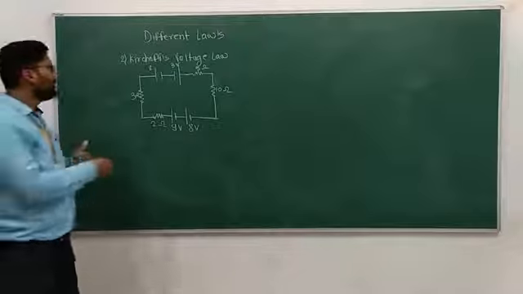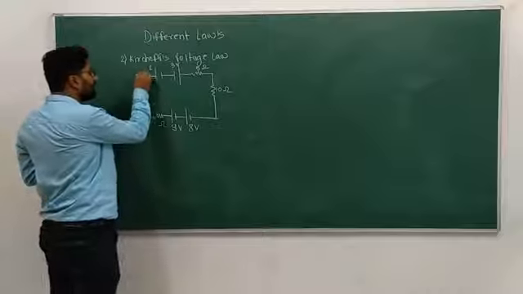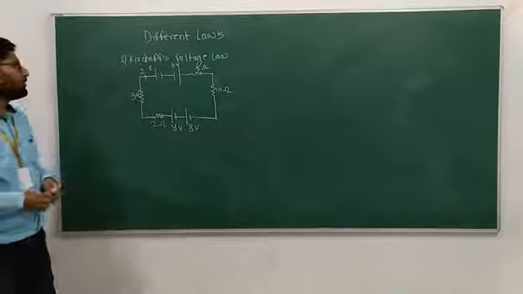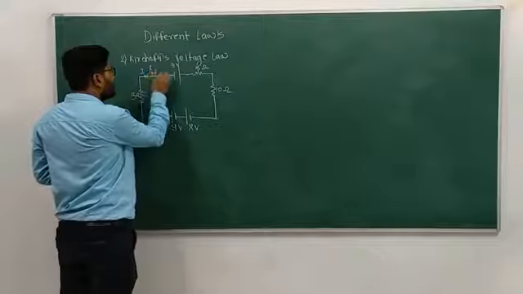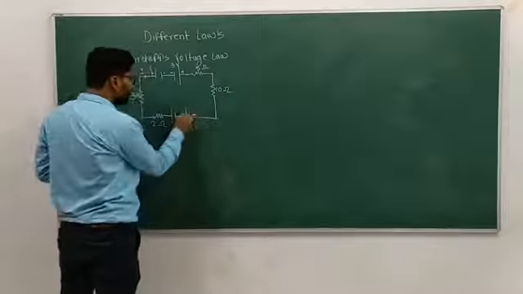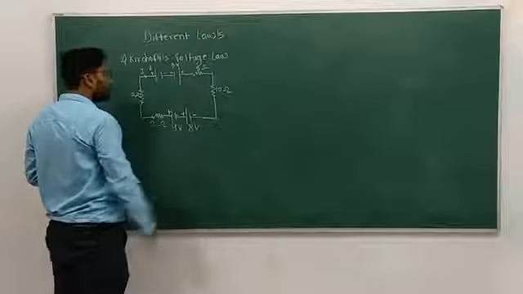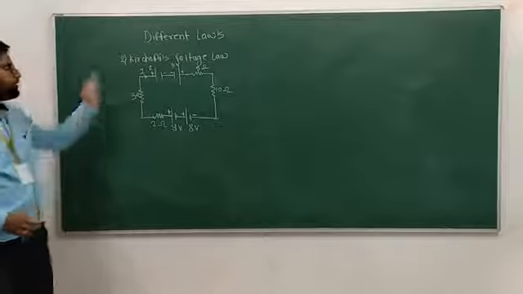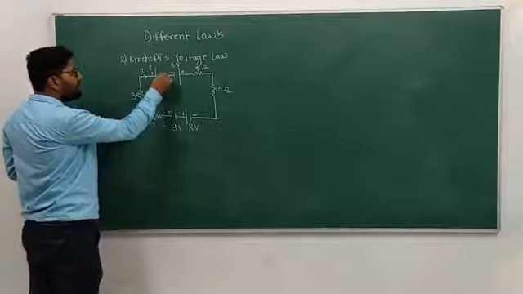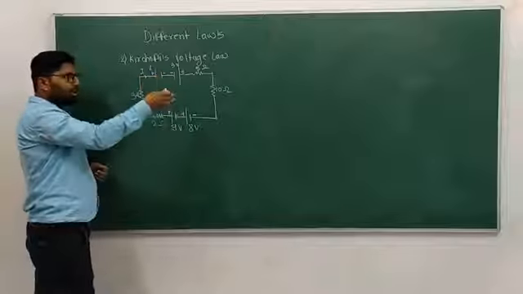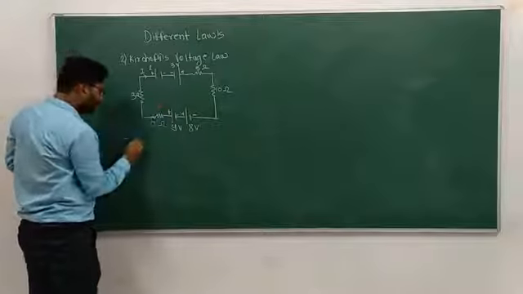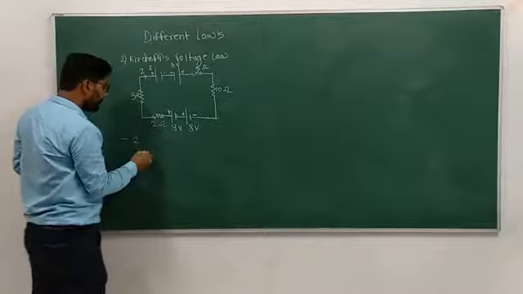So first of all, there is only one loop. So I will say this is current I flowing in your loop. First of all, we see this is a plus, minus, plus. We have to denote this minus, plus. So by using Kirchhoff's voltage law, first of all, we start from here. Okay. So this is a minus. Next terminal we have to see that is minus. How many voltage is there? 2 volt. Then plus 3 volt.